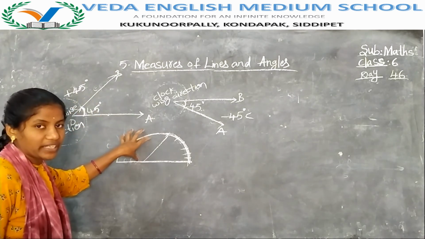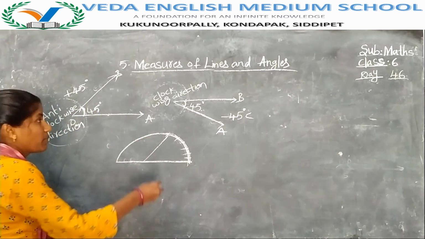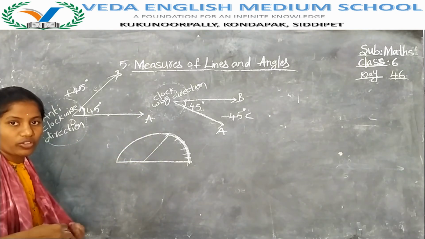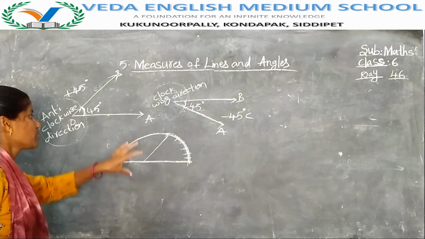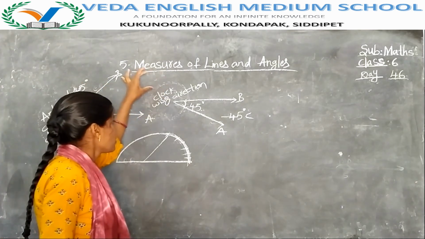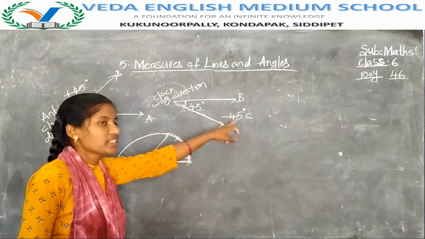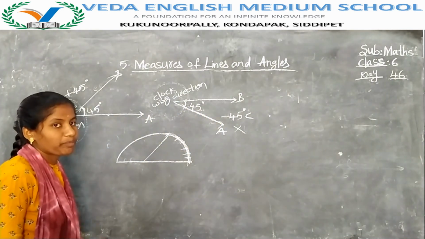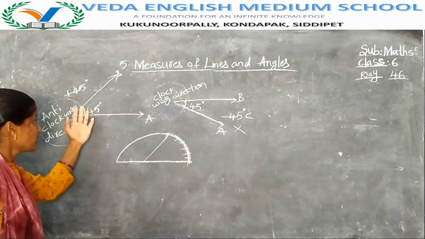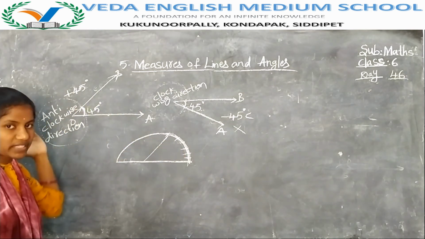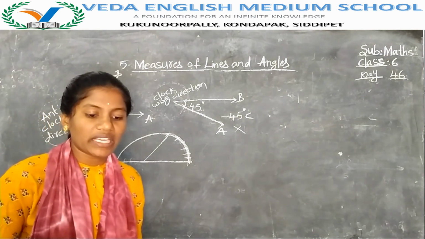When using the protractor, we move in anti-clockwise direction. So we have to go for anti-clockwise direction. Anti-clockwise directions are represented as plus, clockwise directions are represented as minus. In angles we should not go for minus. We do not use minus, so we should take positive degrees only. So if you want to draw, then you have to go from anti-clockwise directions. So that is about angles and types of angles.